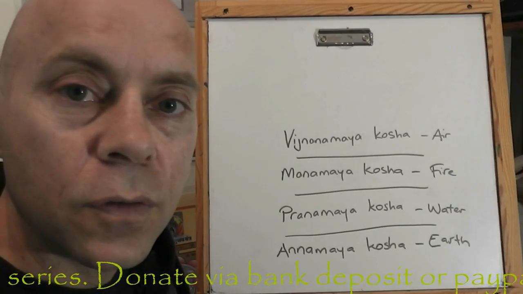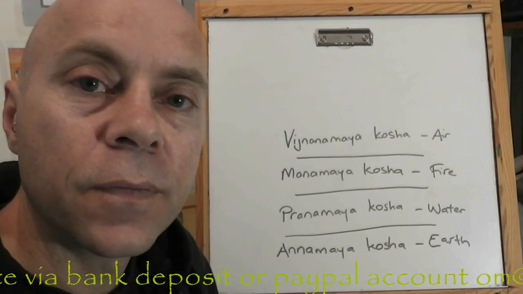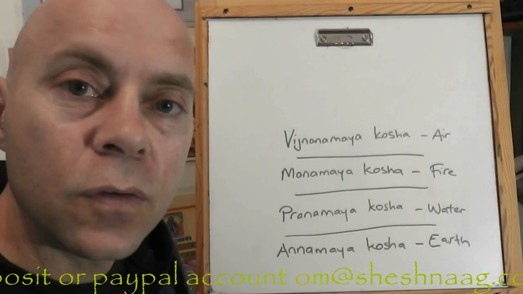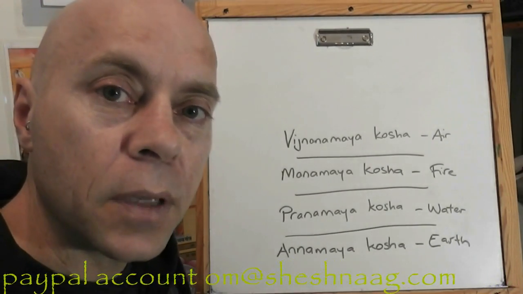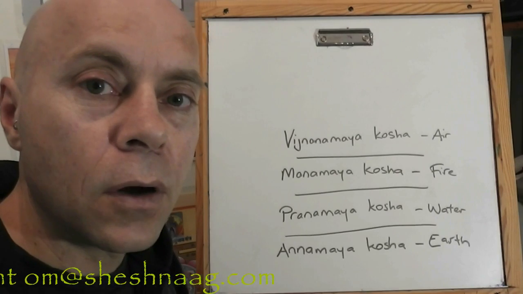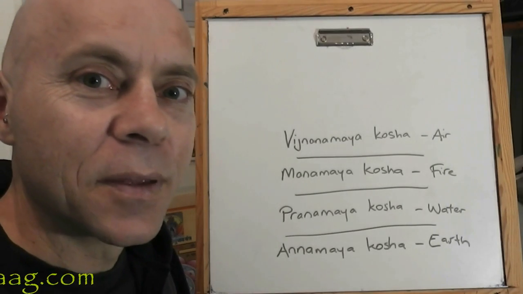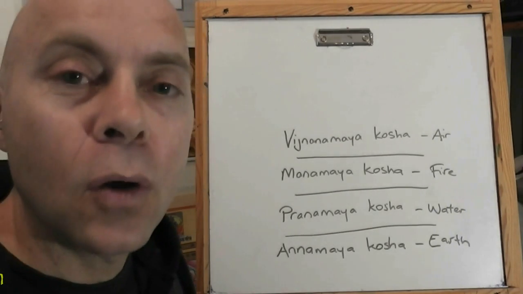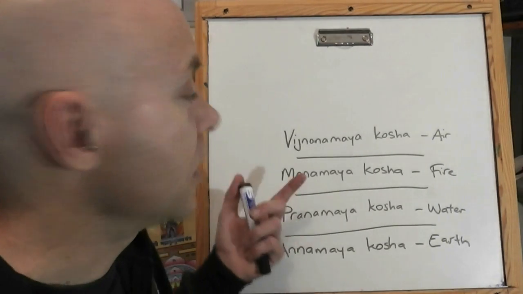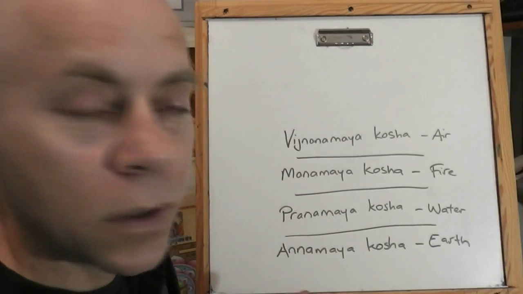These 4 koshas are all dualistic by nature. There is only the experience of these dimensions because they have opposing yet complementary experiences and energies within them, like hot and cold, on and off, fear and love, peace and war. There's a whole lot of things, solid, not solid. You can even whack in there correct and incorrect, right and wrong, depending on how you experience it.